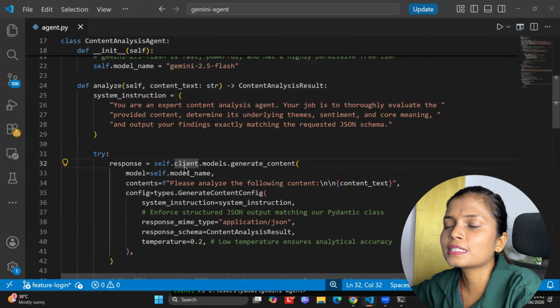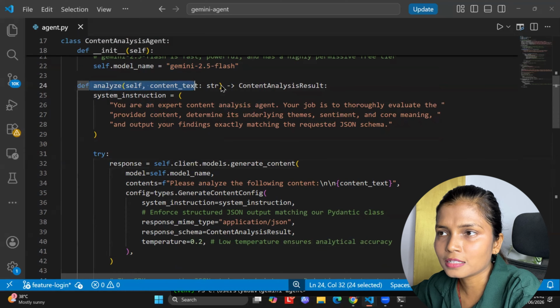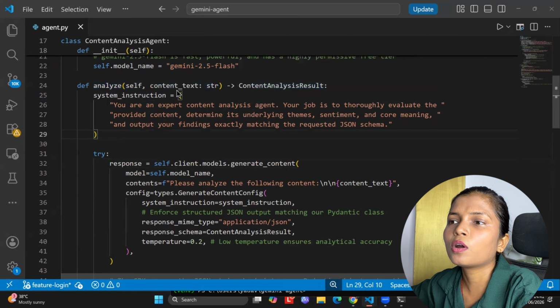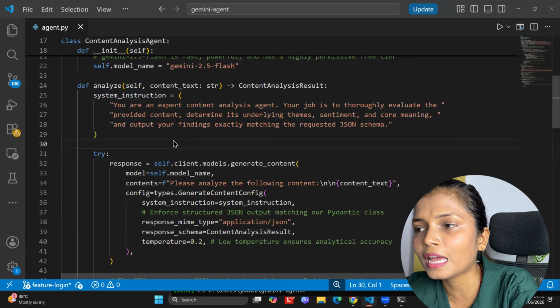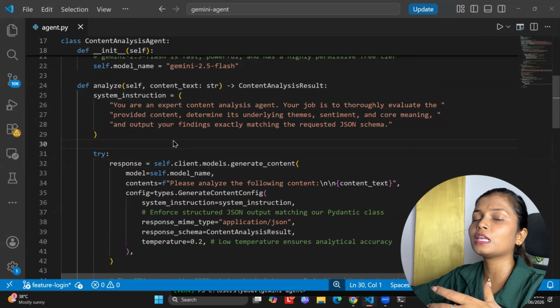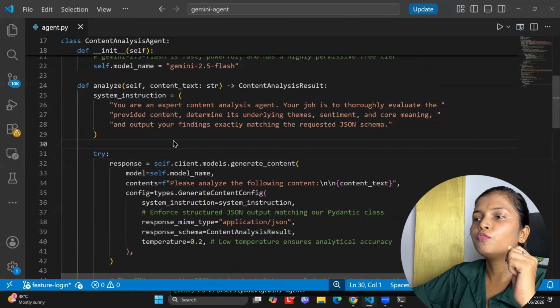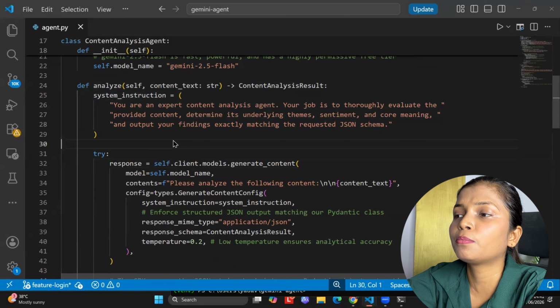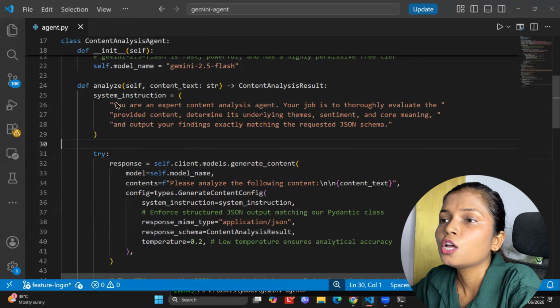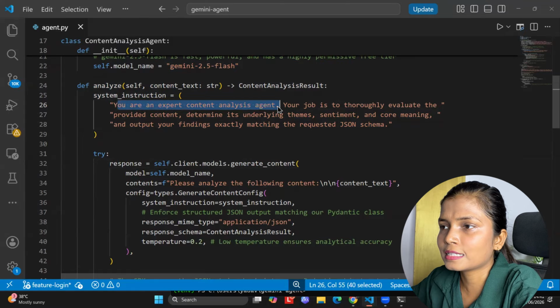Now, next is the system instruction and sending the input. So this is the analysis function that works for us. And what is the system instruction? It is like a prompt given to the AI. In the instruction, we need to give a job title and a job description. So that is what we are doing. We are creating a pep talk right before this: you are an expert content analysis agent.